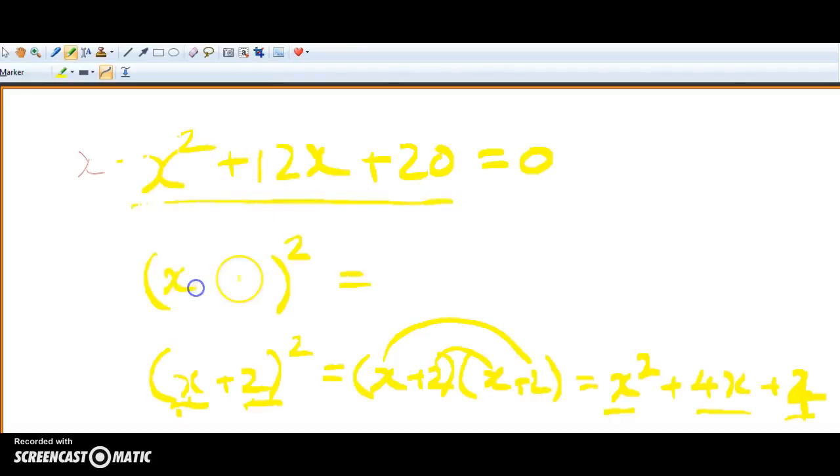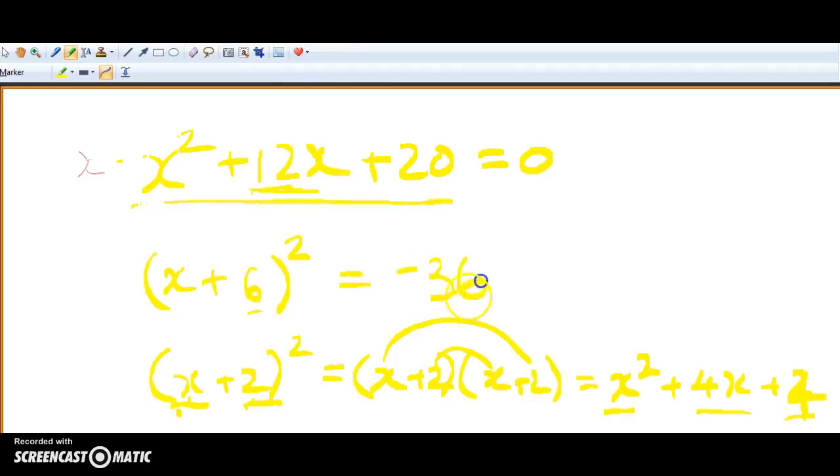I know that x goes there, and what I'm going to do is halve the 12 and put a 6 there, and it's going to be a plus 6, so that when I go 2 times the first times the last, I get 12x. Okay, so I'm almost there, but what I've effectively done is when I square the last, I get 36, and I've effectively added 36 to the left hand side, so you better take away